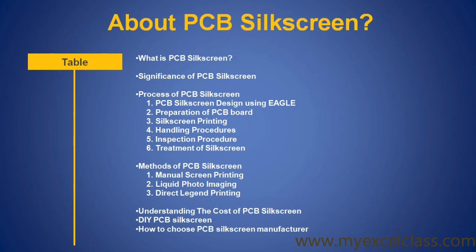After that, for silk screen printing we discuss the handling procedure, inspection procedure, and treatment of silk screen. I will discuss that later. So after that, the methods of PCB silk screen. This is manual screen printing. That is the method. So how can you make your silk screen? By these three methods: manual screen printing, liquid photo imaging, direct